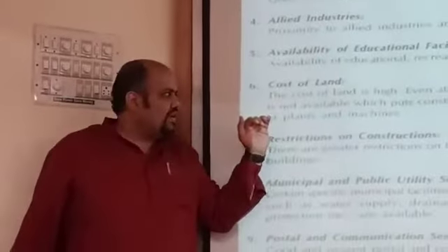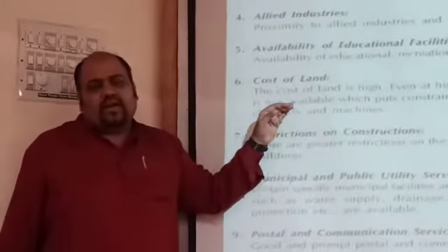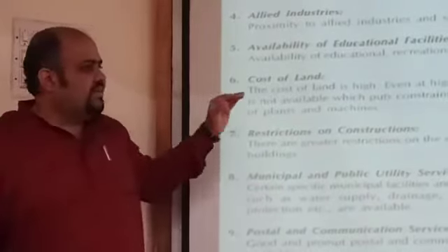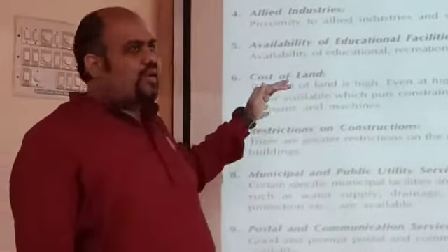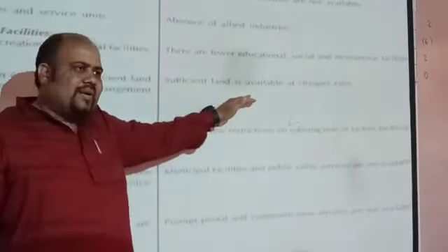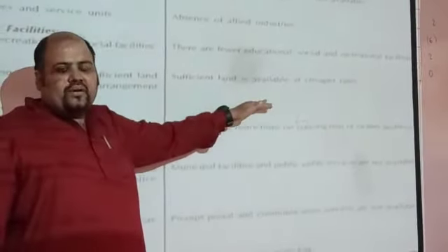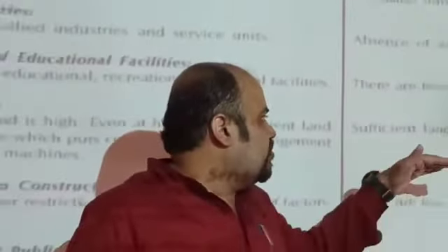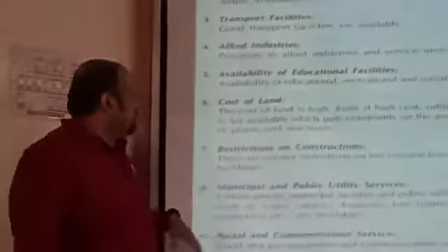Cost of land. Cost of land is very high in urban areas, and if it is a capital intensive unit and you need more land for your unit, it becomes a costly affair to start your unit in the urban area. But in the rural areas, sufficient land is available at very cheap rates. So if you have an industry which is to be vast, like sugar industries, where it is a process oriented industry and you will require a lot of things to be managed, you will require a sufficiently large unit, and that is why we could start that in the rural areas rather than the urban areas, because the urban counterpart is very costly.